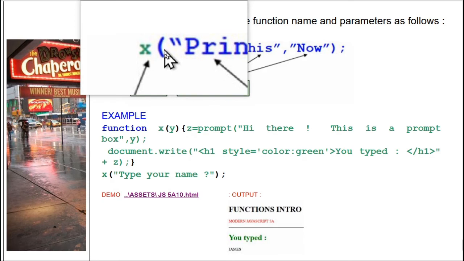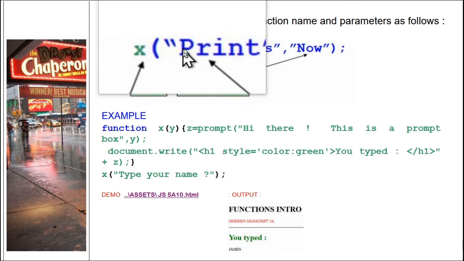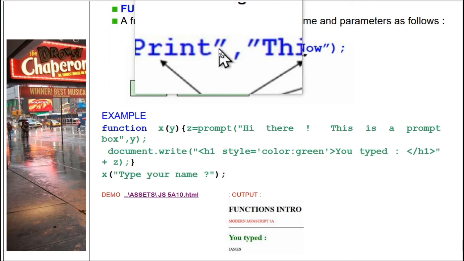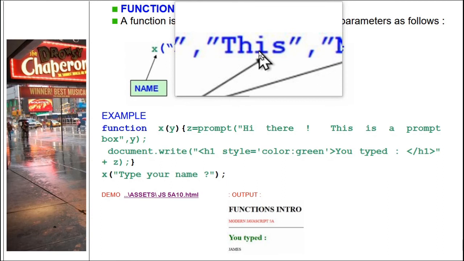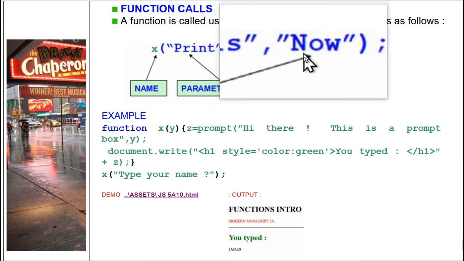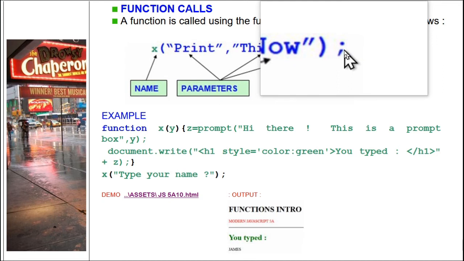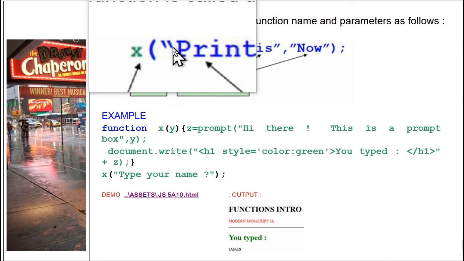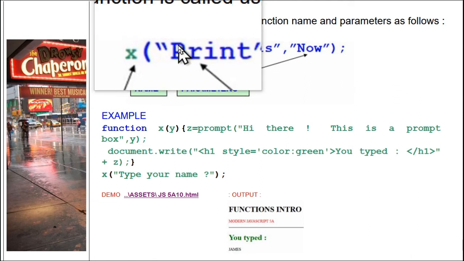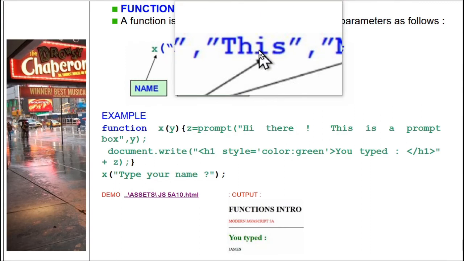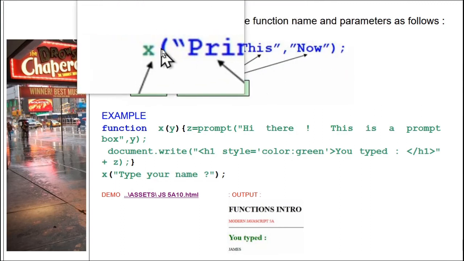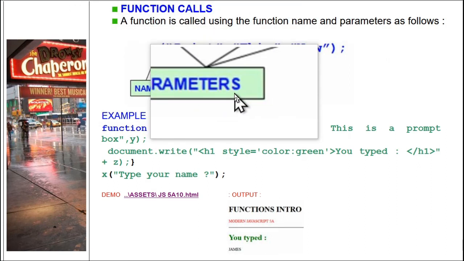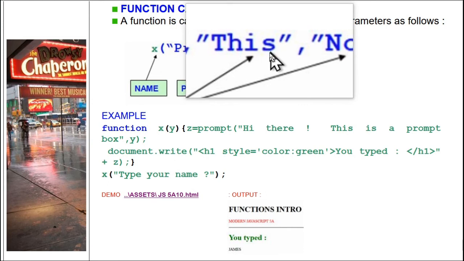So we say x is the name of your function, and in brackets we put in the first parameter, which is going to become A, then the second parameter, which is going to become B, and then the third parameter, which is going to become C, and then we put a semicolon. And that is enough to call your function. So when JavaScript sees this, it says, okay, there's a function here called x, and it's got 3 parameters, and it will take those 3 parameters and run this function with those 3 parameters. So the name of the function is x, the parameters are these 3,